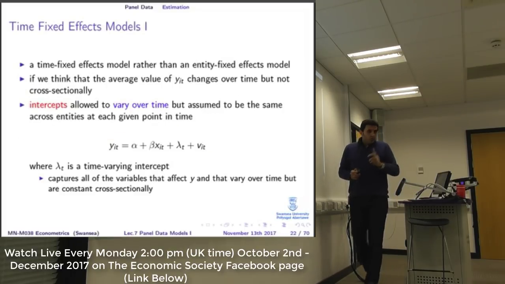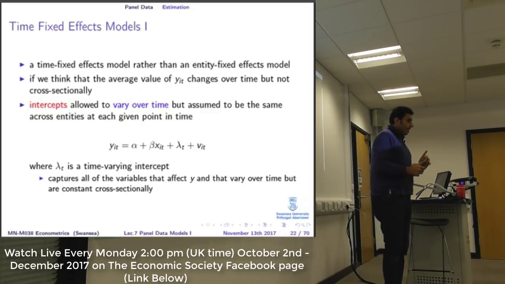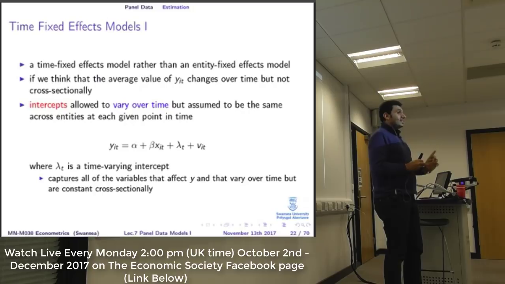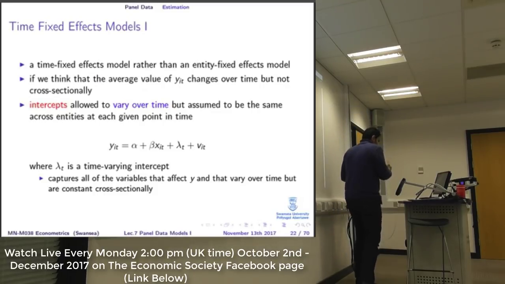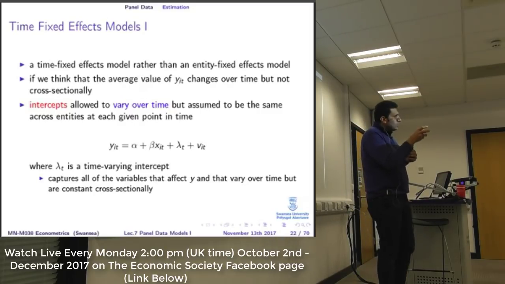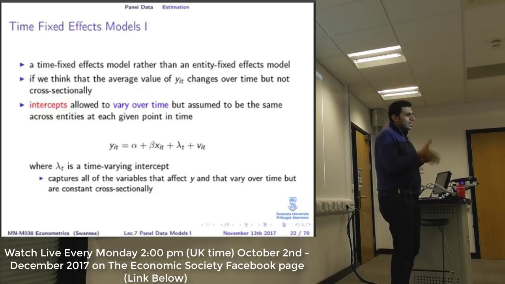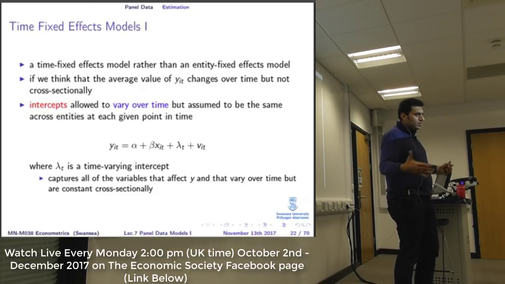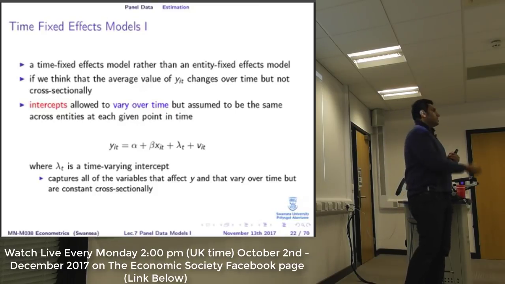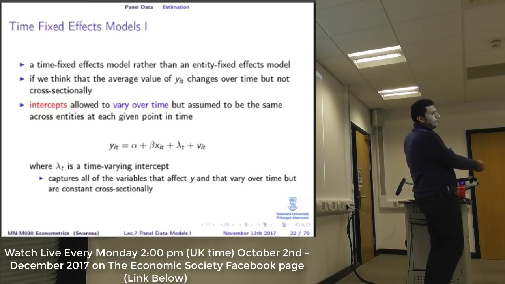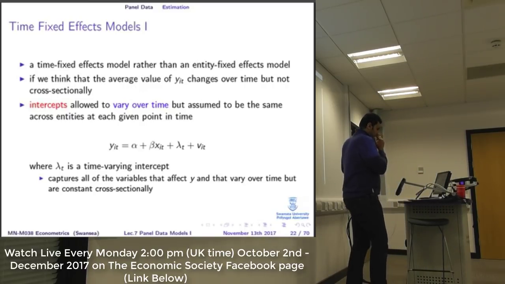in a similar way, we could actually think of events or things that affect, that are not unit specific. They're actually time specific. So what we did so far, we looked at the entity fixed effect. So we tried to model it, to explicitly account for the heterogeneity based on these units. They are different individuals, different countries, different groups. So we tried to capture this by introducing the mu i,